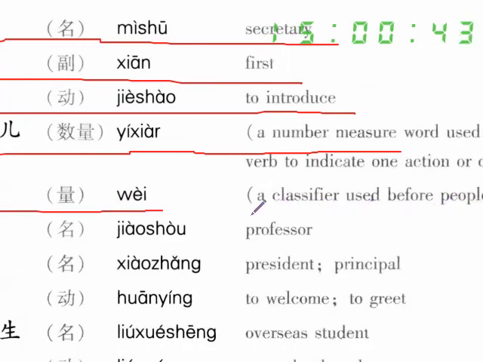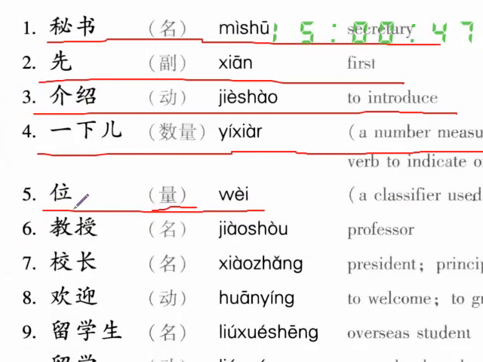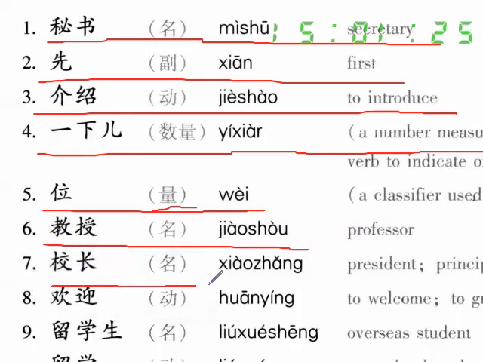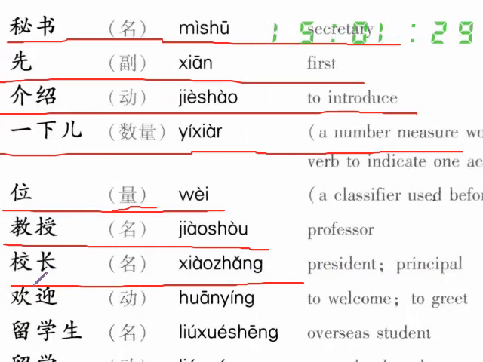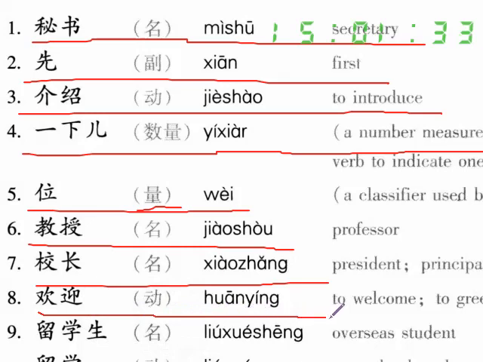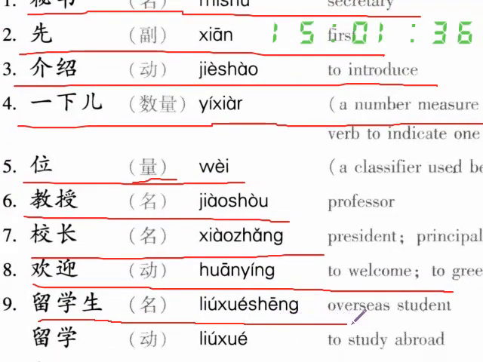For people, 位 is also classified 量词。But usually spoken for just polite, like restaurant, to welcome some guests, to greet some people. Friends between usually between common people. Don't need to say 位, you just say 个 enough. 几个人。教授校长欢迎留学生